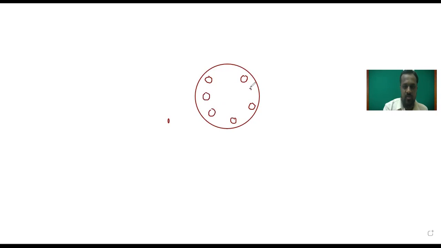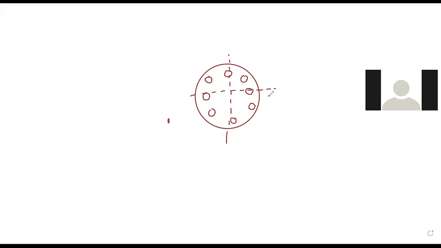Such type of holes are provided to fit the nut and bolts. Did everyone see? Yes, sir. Now if such a type of component is there, how do we represent that component? We have a component like this in a drawing, and we have to present it in conventional representation.